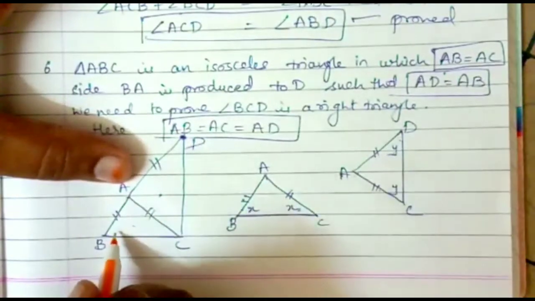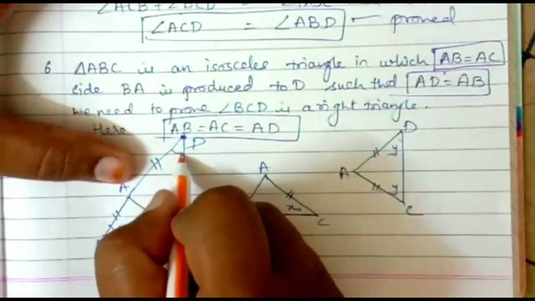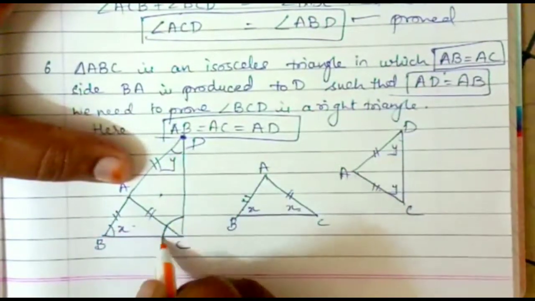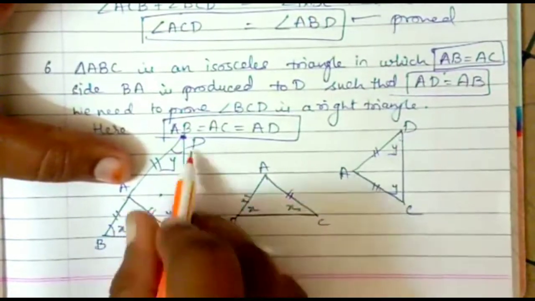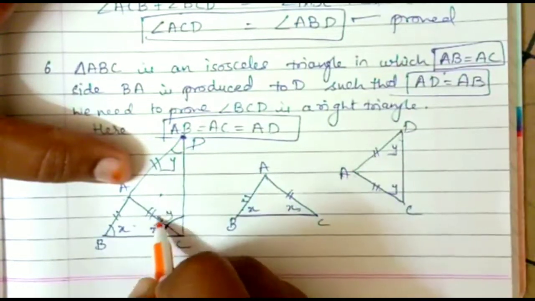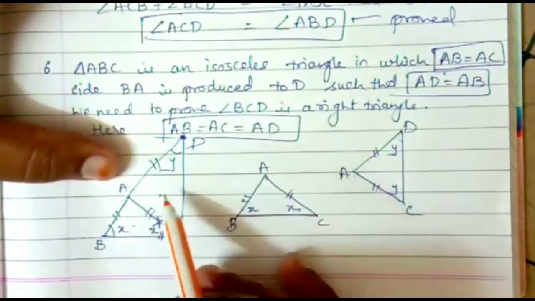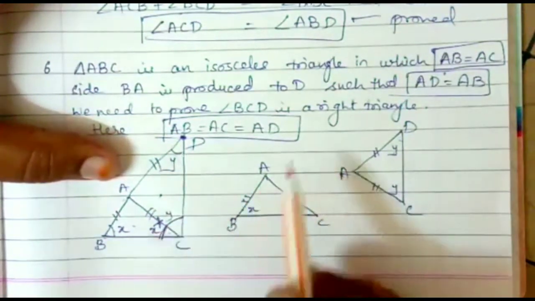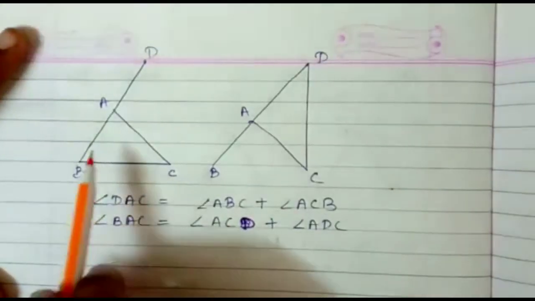Then we will see here, this was angle ABC, which was X. Angle D, which was supposed to be Y. Now this whole angle C will be written as X plus Y. Angle ACB was X and ACD was Y. So this whole angle will be written as X plus Y. Now we know the property of the triangle, that sum of the measures of all three angles is 180. So by that way also we can prove that angle BCD is a right angle. Now this is your method number 2.